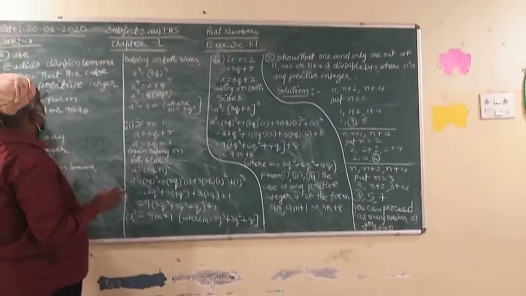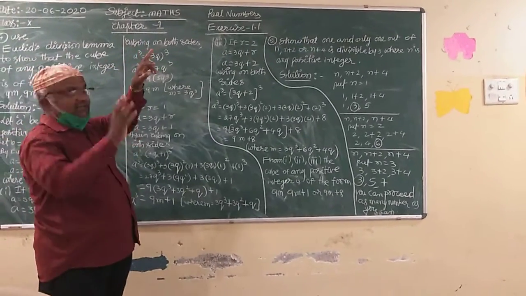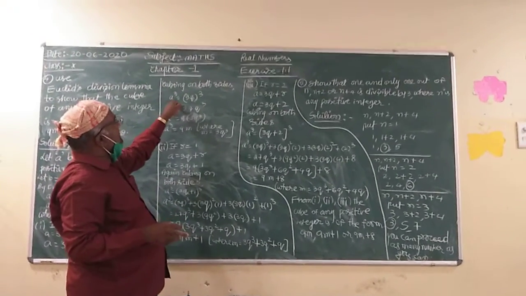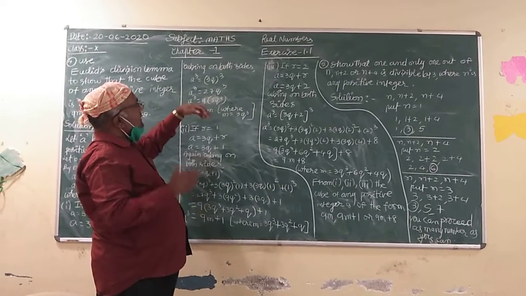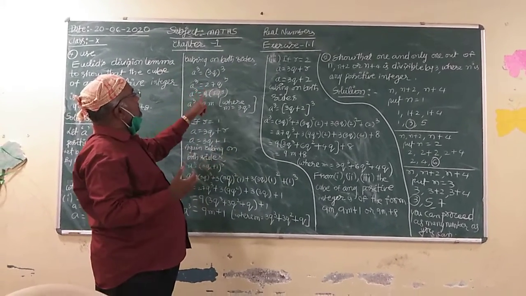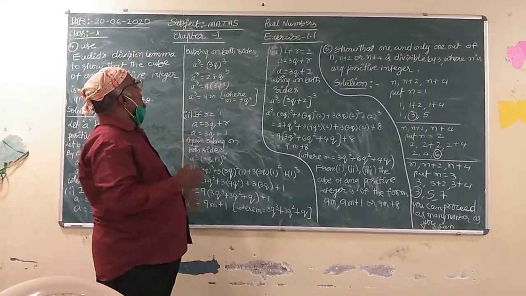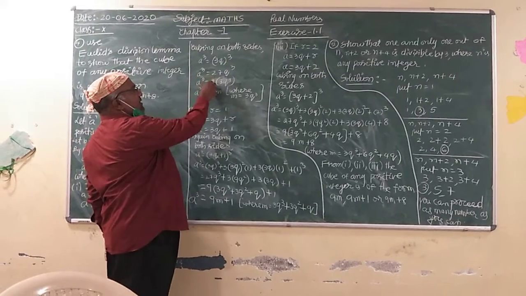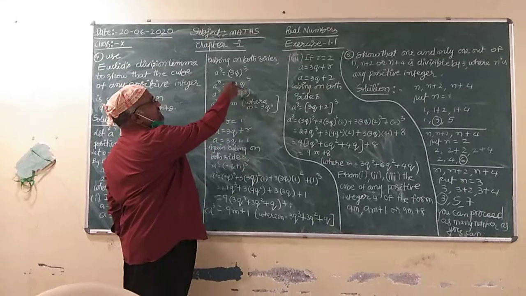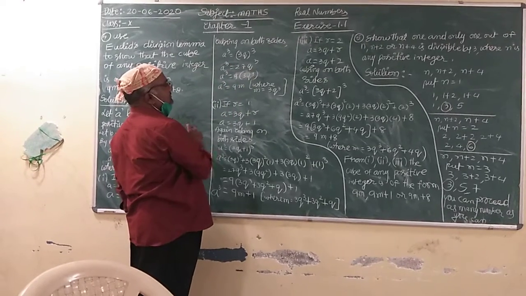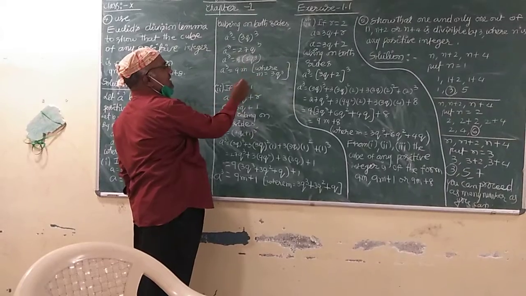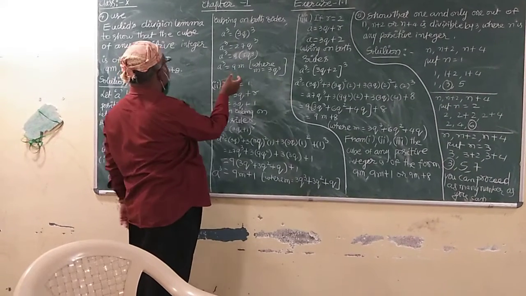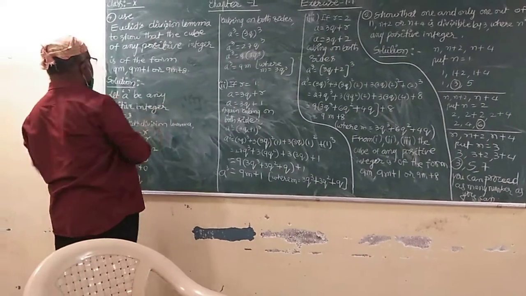He said cube. Cube means we have to cube both sides. Cubing on both sides, a cube is equal to 3q whole cube. 3 multiplied 3 times will give 27 q cube. I am taking 9 common from this. 9 3s are 27 q cube. I am assuming 3q cube as m, 9m. So the cube of any integer is in the form of 9m.